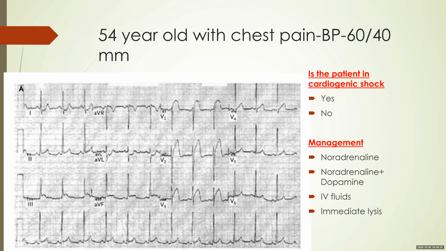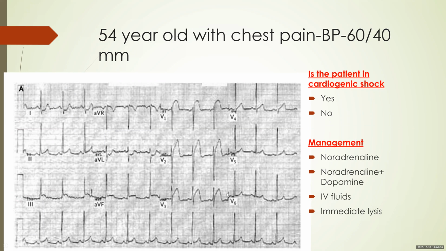It can have an elevated JVP subsequently, on day 3 or day 4, when heart failure or mechanical complications set in. But usually it's not present on day 1. So one clinical sign elicitable is an elevated JVP. The second is, if you have access to an echo, you can do an echo. If the anterior wall is akinetic, you can diagnose an anterior wall MI. If the inferior wall is akinetic, you can diagnose an inferior wall MI.